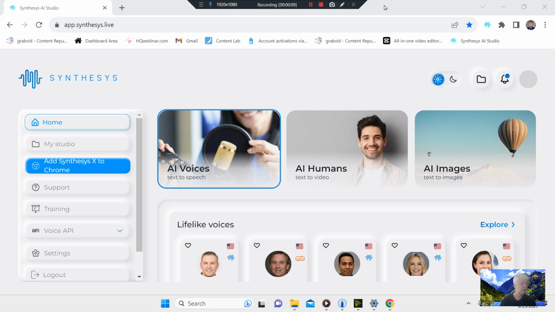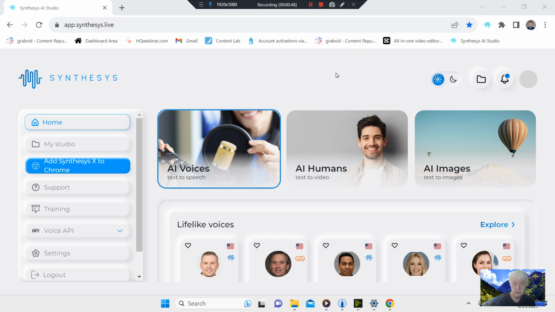Review Synthesis AI Studio. This is YouTube product reviews, and it's been a while since I've done a review. The reason is basically most of the stuff out there is junk, and so I don't review everything that comes out. I only review products that I use or that I would purchase directly because the product is something valuable. And so I just have made it a habit to not really do much in the way of reviews because most of the stuff is junk.